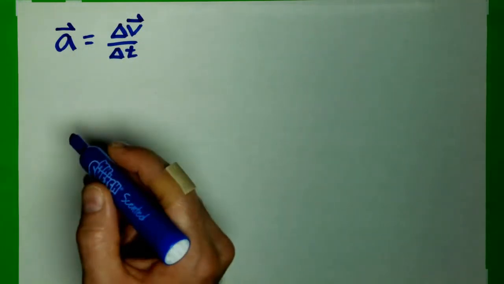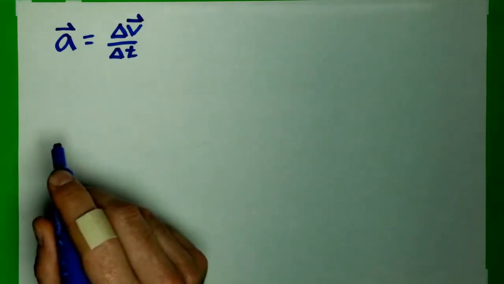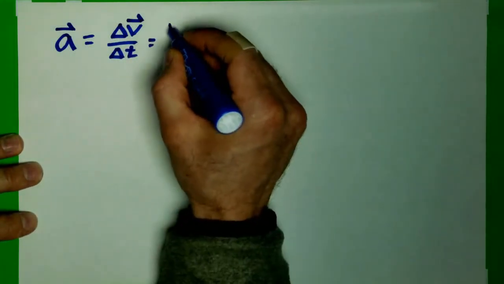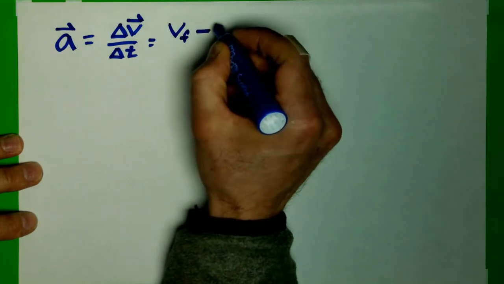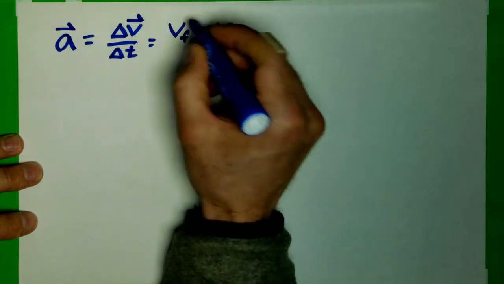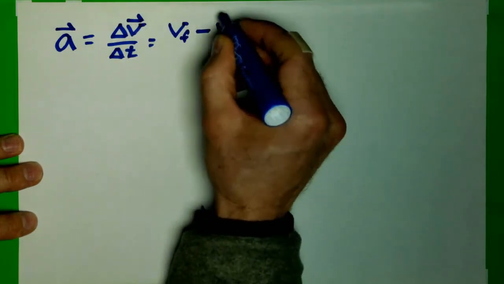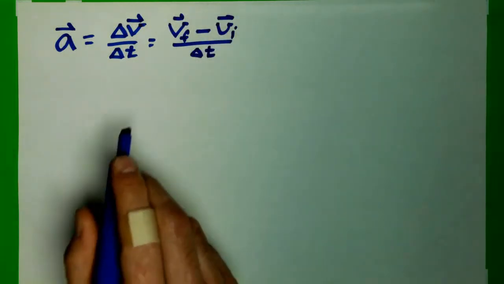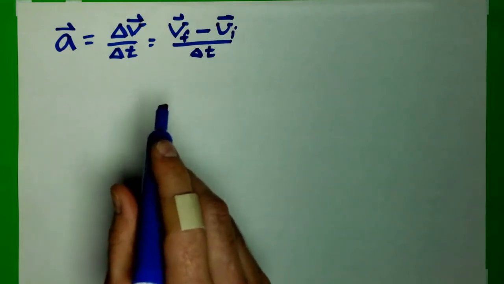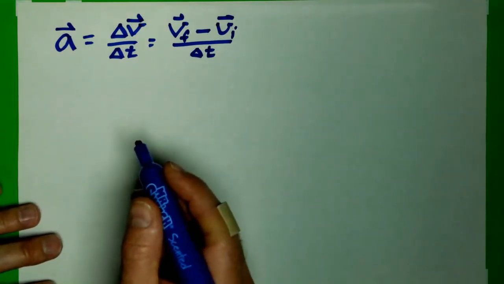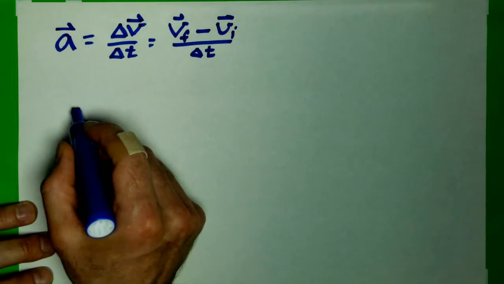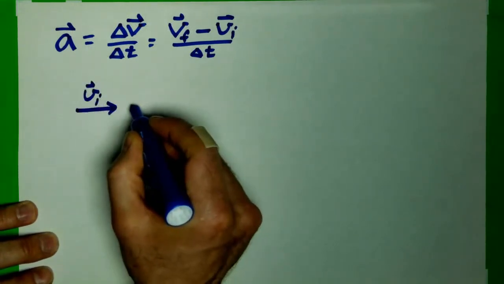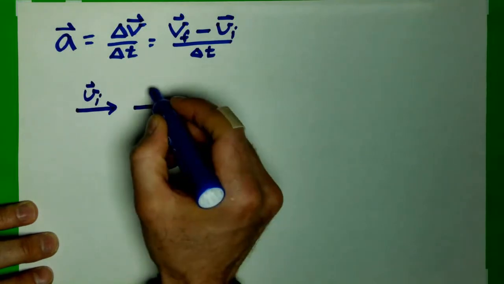We generally think of acceleration as speeding up or slowing down. And so if we think about this as a final velocity minus an initial velocity, and let those be vectors, divided by some time interval, and draw our velocity vectors, well, if our final velocity is bigger than our initial velocity, so if this is our initial velocity, and this is our final velocity,